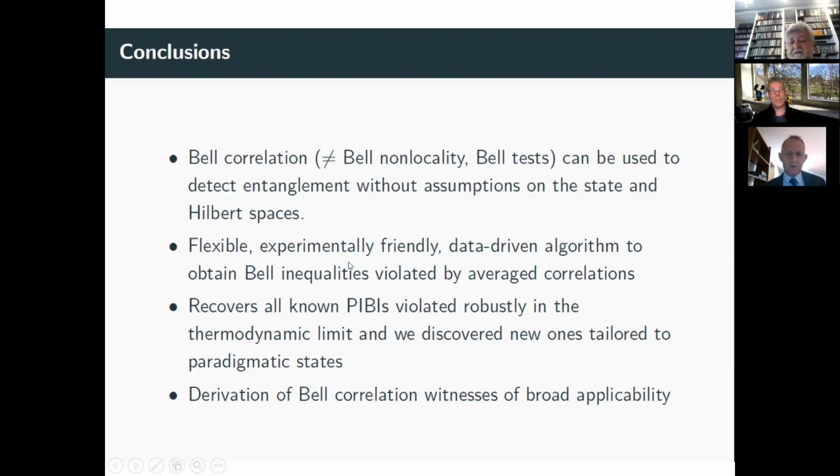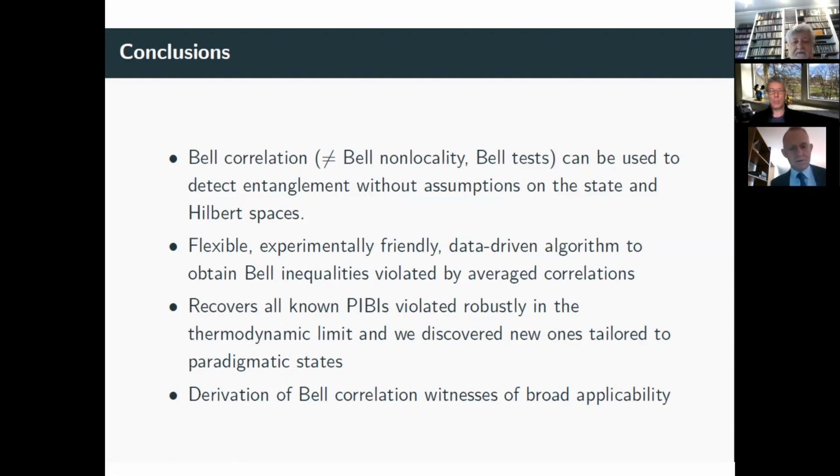It's a flexible, experimentally friendly, and data-driven algorithm to obtain Bell inequalities violated by average correlations. So you have the experimental results, you can check immediately. It recovers all known permutationally invariant Bell inequalities violated robustly in the thermodynamic limit. And we discover new ones tailored for paradigmatic states. At this moment, we can check all states, but there's a huge open space to study more. And then, in a sense, we have a derivation of Bell correlation witnesses of broad applicability,